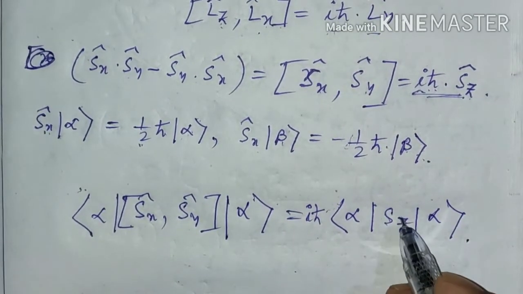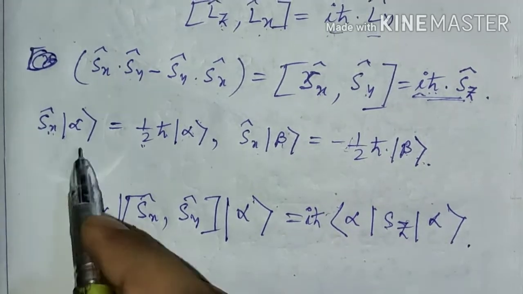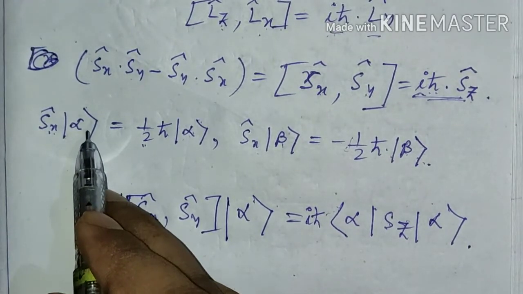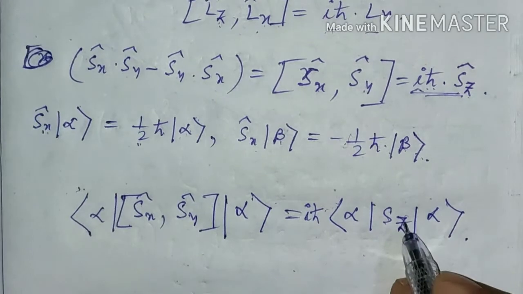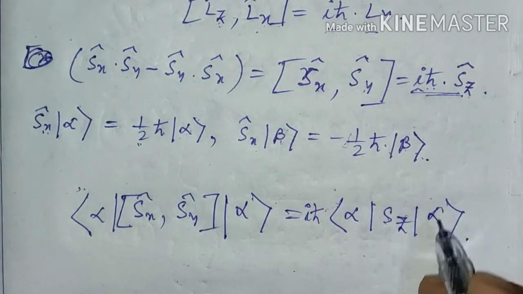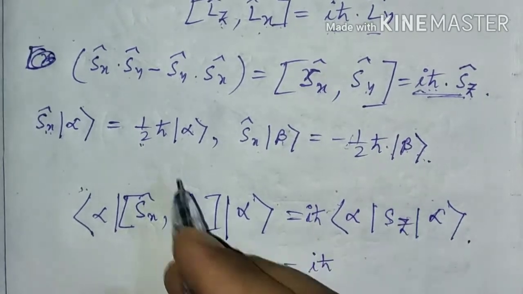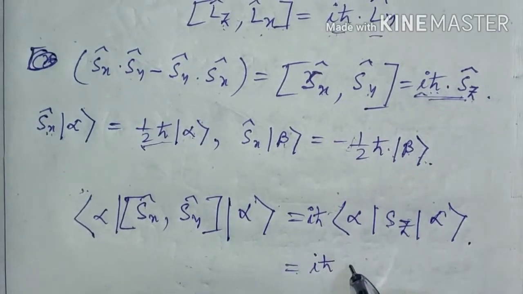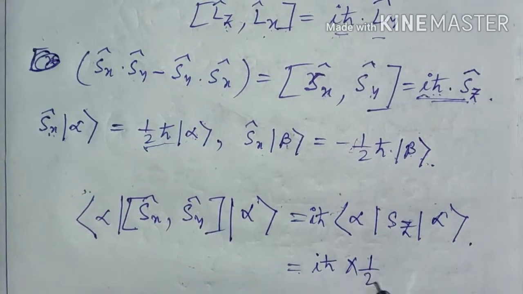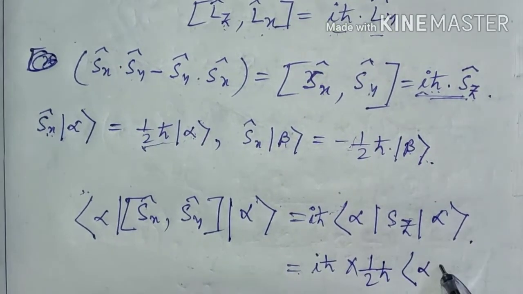Here Sz operates on the spin up eigenfunction, that means in place of this we can write half ħ spin up, and if we bring the half ħ out of the box, then it will be,